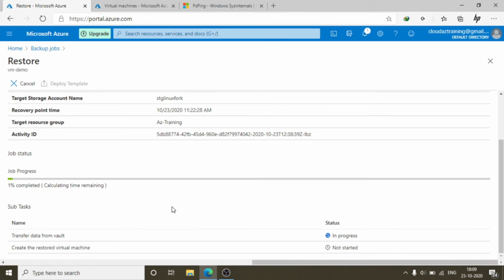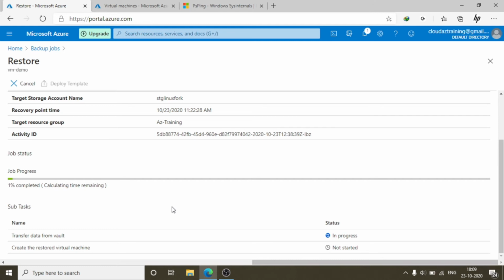It will take time, and this time depends upon the VM size, in the sense of how much disk space you have. If you have 30 GB, then it will take about 20 to 25 minutes to create a new VM.